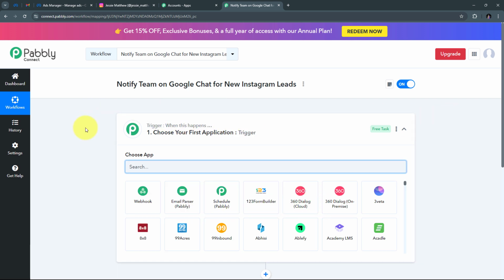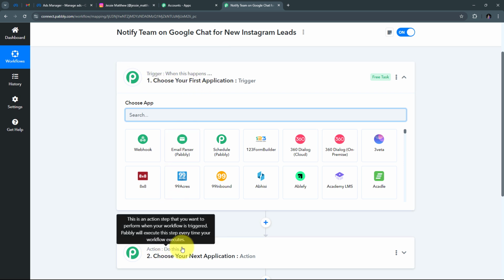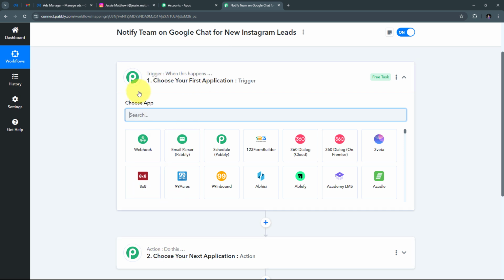And it will direct us to this most important window of our workflow. Here in this window, I have these two boxes of trigger and action. Trigger and action are the two main principles on which our workflow works. Trigger says when this happens, action says do this. Trigger is going to be the first step that will get executed in our workflow, and action is just